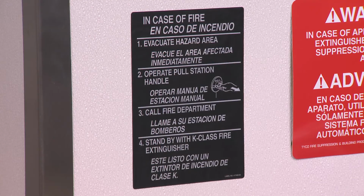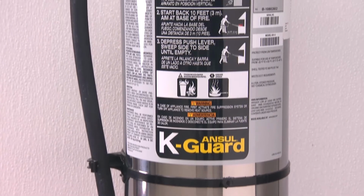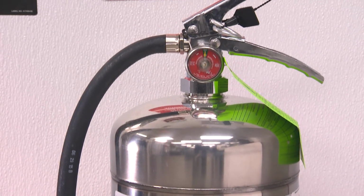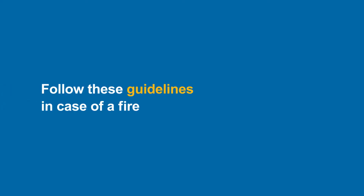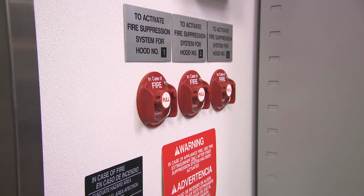Post emergency instructions in a prominent place so all crew members and managers know what to do. Make certain portable fire extinguishers are easily accessible and positioned throughout the kitchen and restaurant. Follow good judgment and these guidelines in the event of a fire. First, evacuate others from the premises. Next, if automatic actuation of the R102 system has not yet taken place and it is safe to remain in